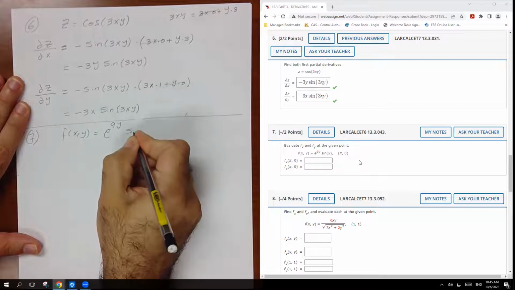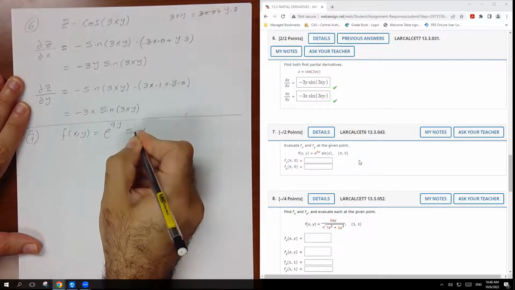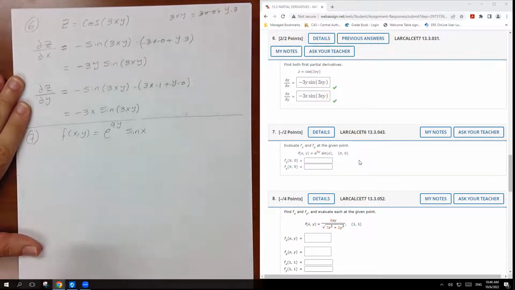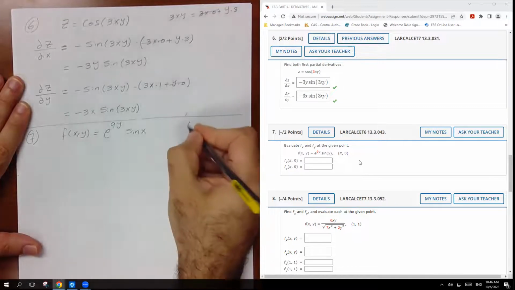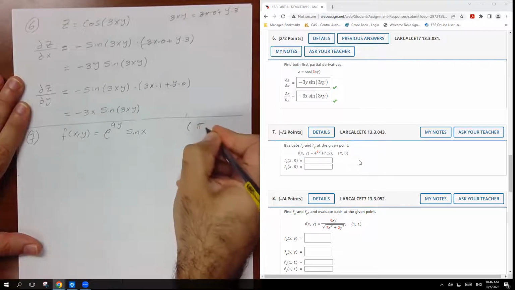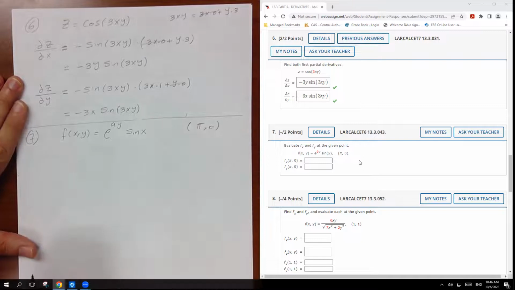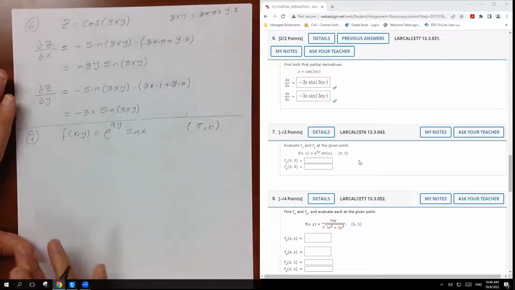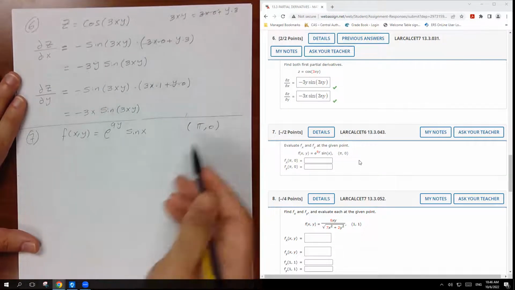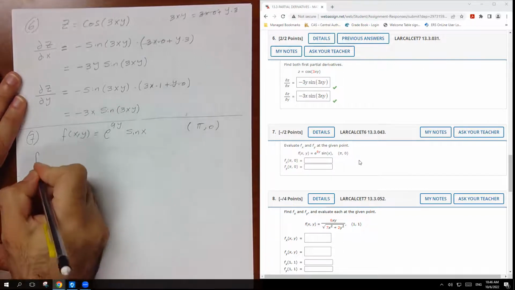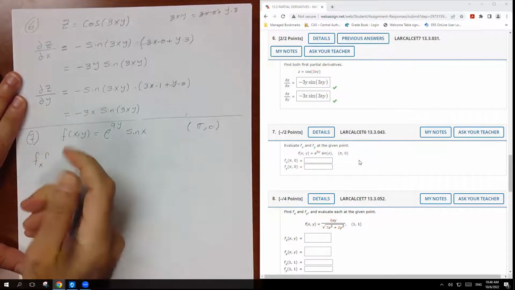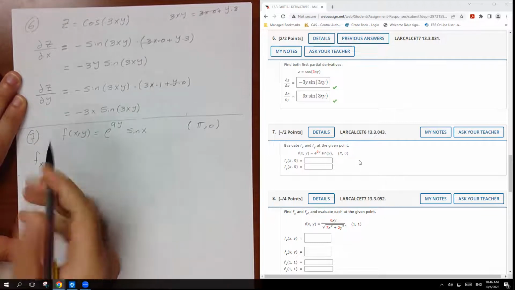Sine x. Let's find it, and the point is pi, 0. So let's find the derivative with respect to x first, then we're going to plug in the point. The derivative of f with respect to x is going to be